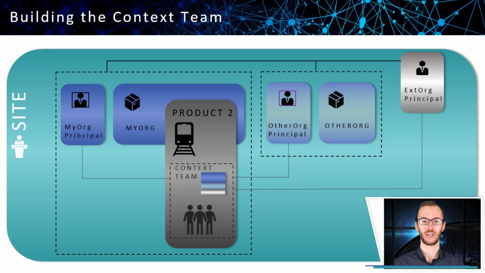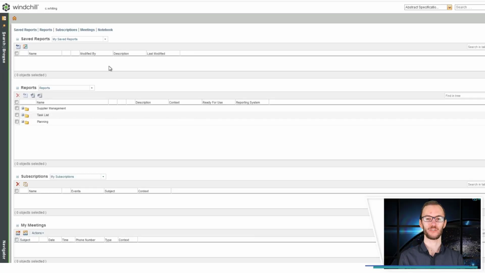To see a product or a library and the data it contains, you need to be part of its context team. A context team is a collection of roles mapped to end users, like you and me. Anyone associated to a role gets a set of permissions, allowing him to do his work. Let me show you how this is set up and how to check who you and your colleagues are in a given context. Let's open the navigation pane.